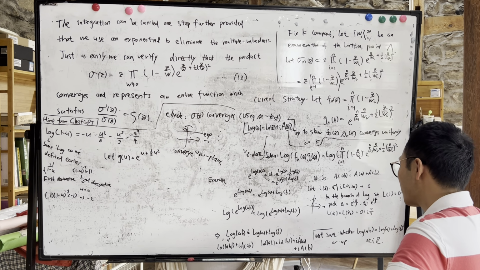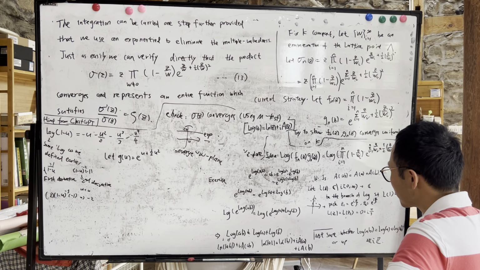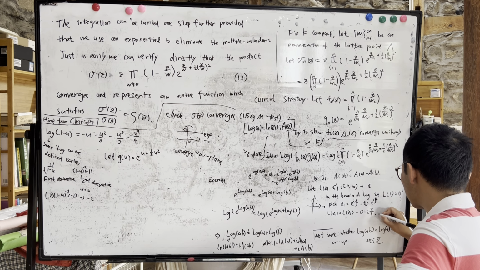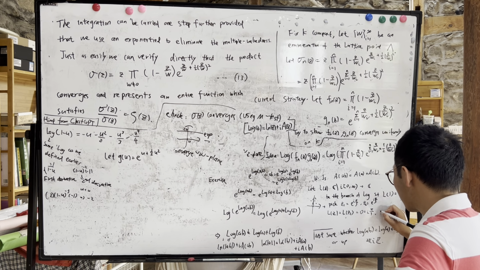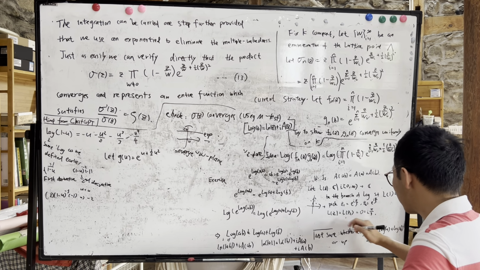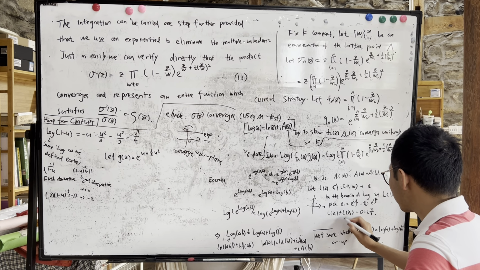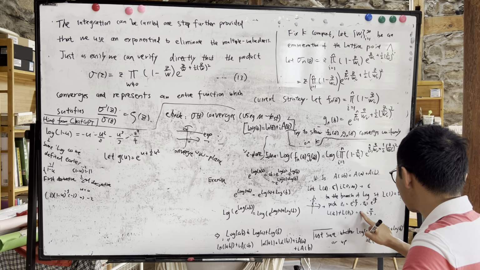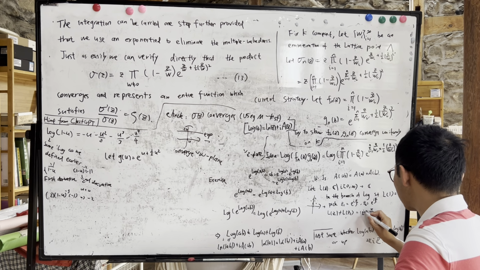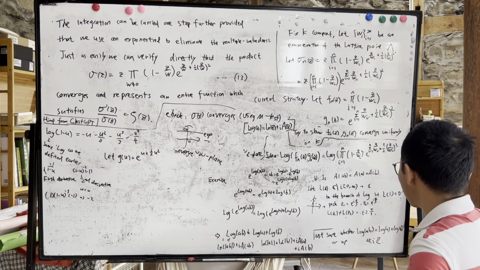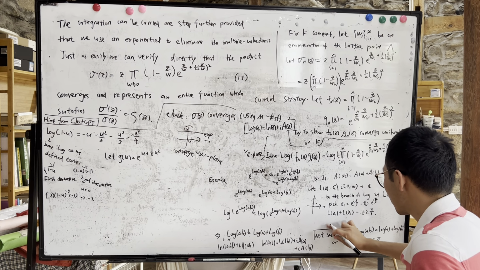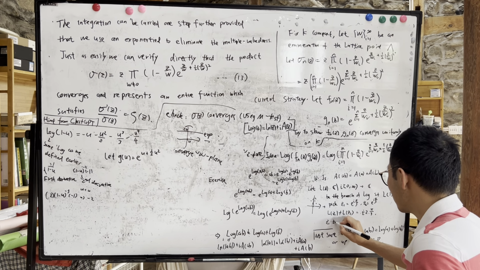Therefore these should be added together. So L of Z1 plus L of Z2 is equal to just I times 2 pi over 3, right? However, we have L of Z1 times Z2, which is